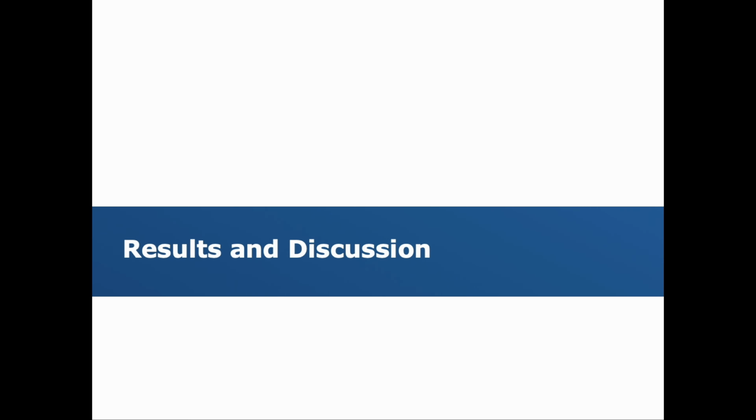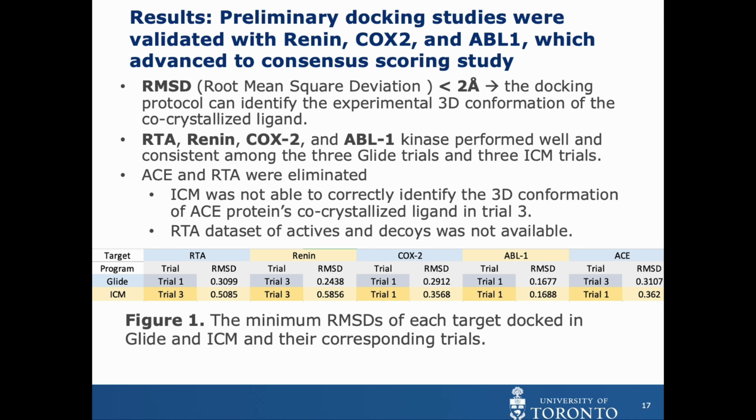Then I will present and discuss the results. First, let us review the results of validation of the docking protocol. An RMSD value less than 2 angstrom indicates that the protocol can accurately identify the experimental 3D conformation of the co-crystallized ligand. Conversely, an RMSD value greater than 2 angstrom indicates that the protocol fails to predict the experimental 3D